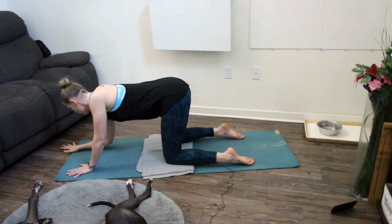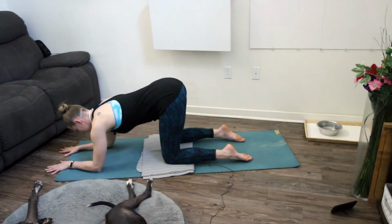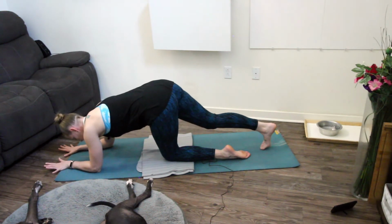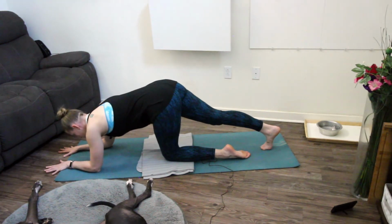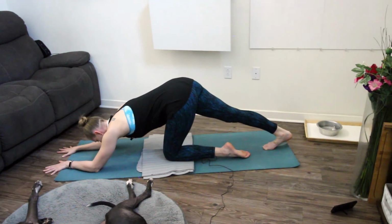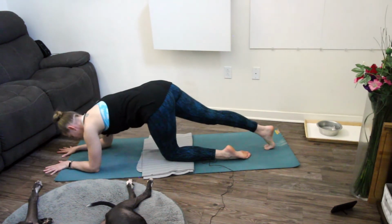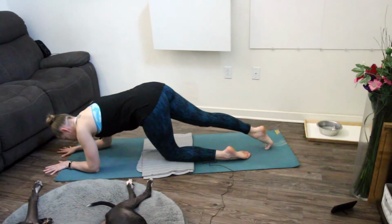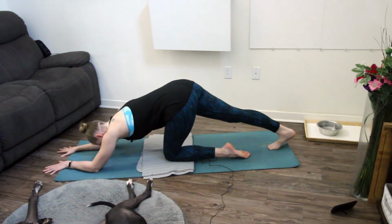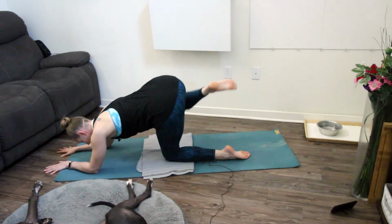Come on down to your forearms with your palms facing the earth, your elbows kind of under your shoulders, maybe a little wider. And you're just going to step your right foot back, tucking your toes under as you just press to your heel. And you can just press back into your arms, through your arms into your heel. And maybe rock a few times, opening the bottom of your right foot and the back of your right leg. And then you just lift your right heel, bend your knee, and draw a circle or two with your right hip